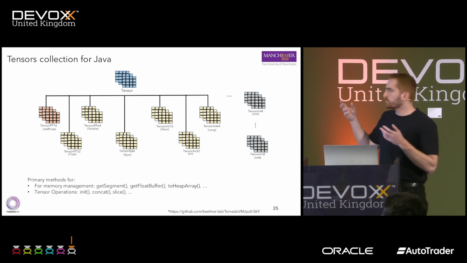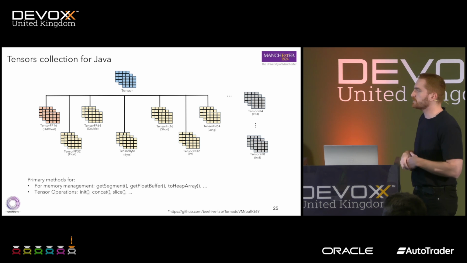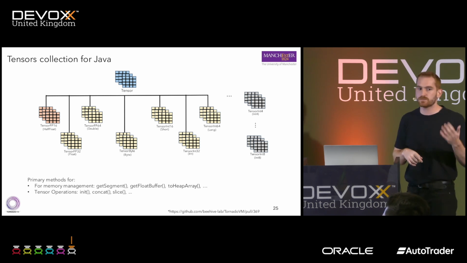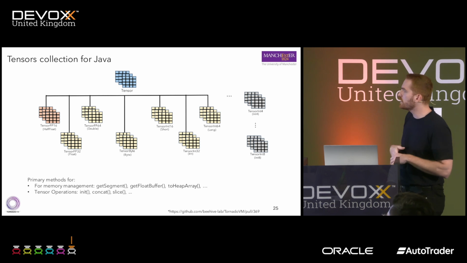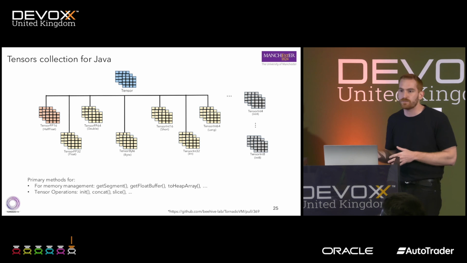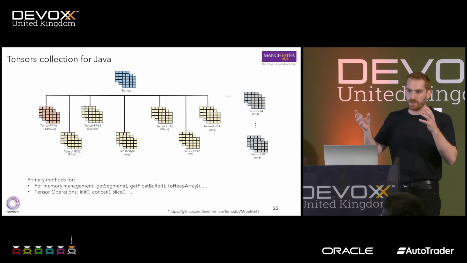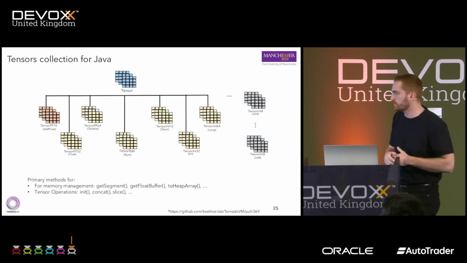And from this notion of tensor, we had the whole collection of it. With the yellow, you can see all the support for primitive types. And with the red color, you can see the FP16 tensor. So we start thinking about how to support quantized models. And with gray, we have tensors of quantized types like int4, int8, things that you can have in the GPU, and we want to be able to map them directly from the JVM world to the GPU code generation.